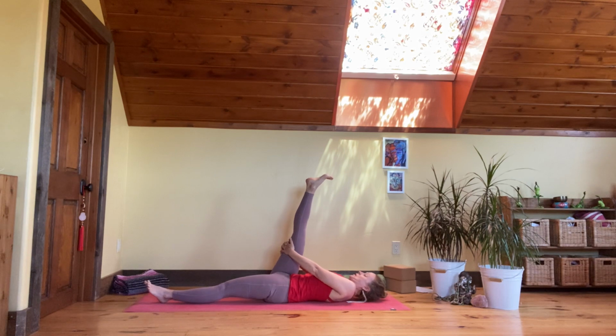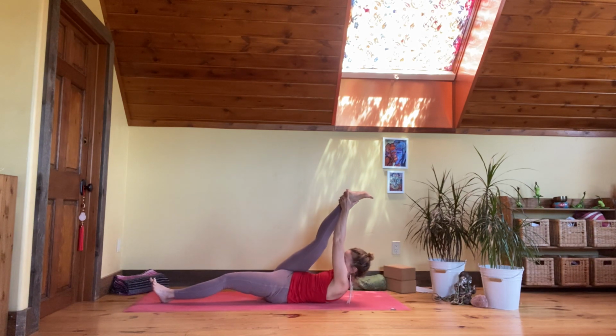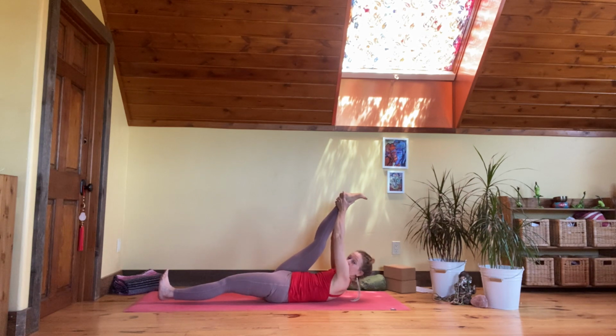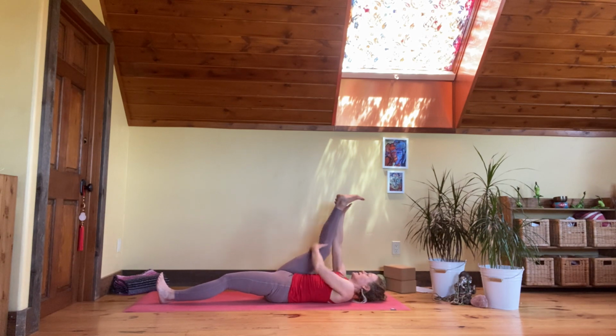You could from here roll up and walk your hands up towards your ankle and take Supta Padangustasana, hand to big toe pose. I like to hold both hands around, but we can also take the head towards the knee. And you really use the abdominals, coil them in, stretch the back side of the body, the back side of the leg, spread your toes, skin to muscle, muscle to bone, and exhale, release, take it back down,